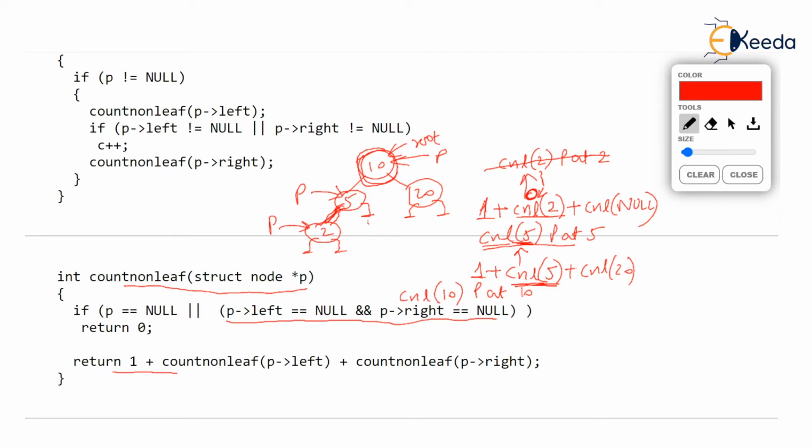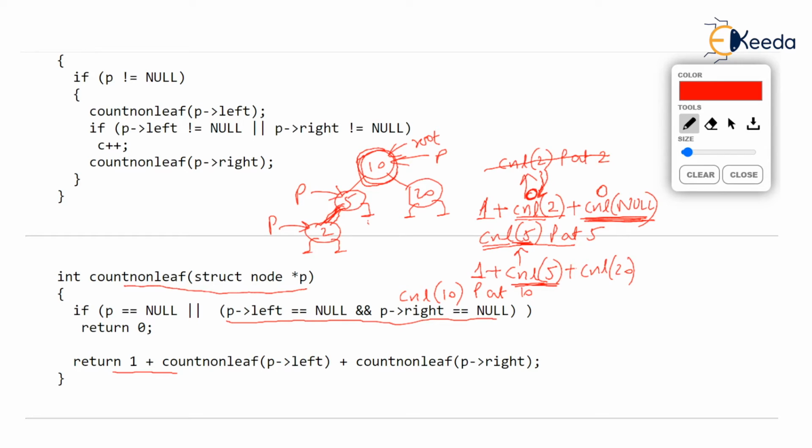We are back to that function and we know that the left child of phi does not have any non-leaves. Time to call the other recursive function. Observe, I am underlining it. Count non-leaf null. If count non-leaf null runs, then parameter P is null, and as P is null, check the first condition in the if. We return 0, we are not interested. So count non-leaf null is also returning 0.